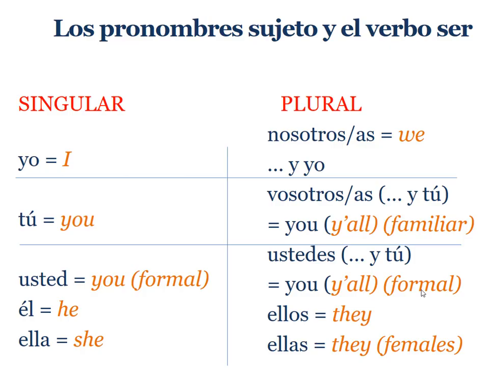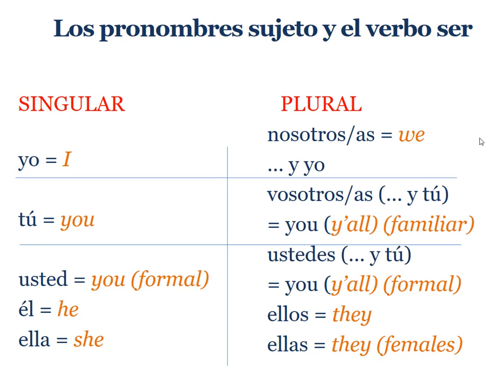Okay, so once you know what the subject pronouns are, pronombres sujeto or the sujetos, subjects, you're going to see what the verb ser is. Again, we have 6 forms, like one here, one here, one here, 4, 5, 6. And these are just the subjects that are placed in 6 forms. So let's see what happens with verb ser.